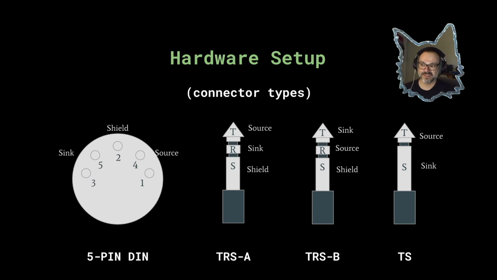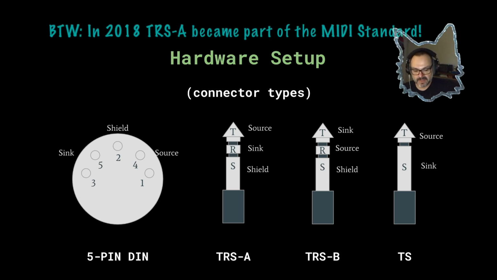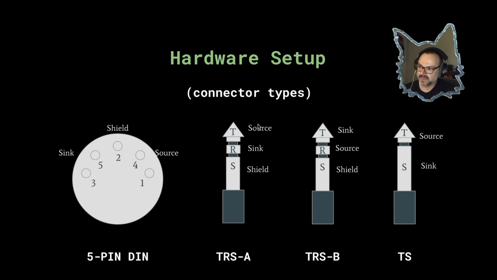2 of them use TRS. TRS stands for tip, ring, and sleeve. And one of them is just a TS, or tip and sleeve. Out of those, TRS-A is typically this one that we see right here, where the source is in the tip and the sync is on the ring. TRS-B reverses those two, and TS uses more of a mono jack. Anyway,